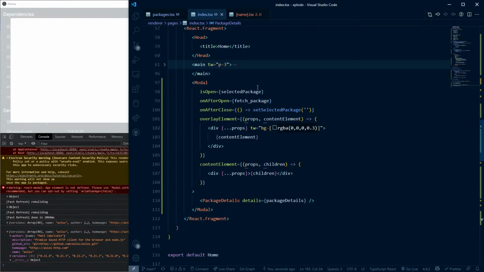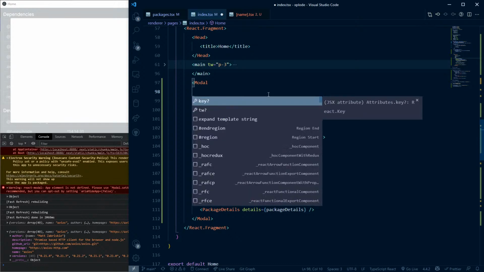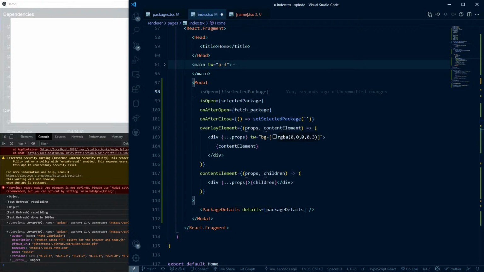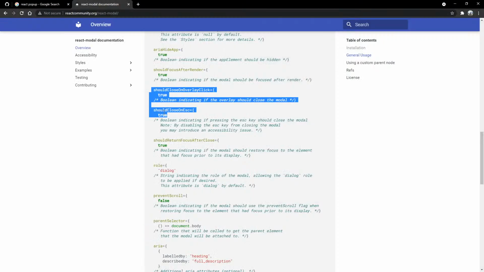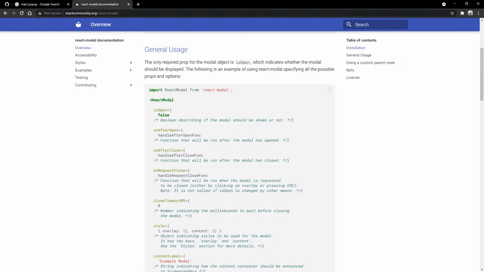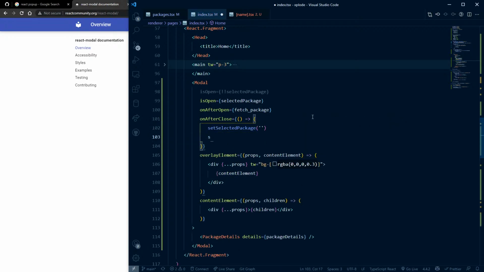Oh, so I guess it wasn't closing because... Okay. Because I didn't set... This should close on escape. On after close. I didn't, but I did do this. So, okay. This and set package details 20. Now